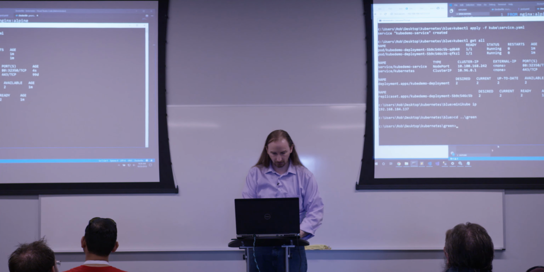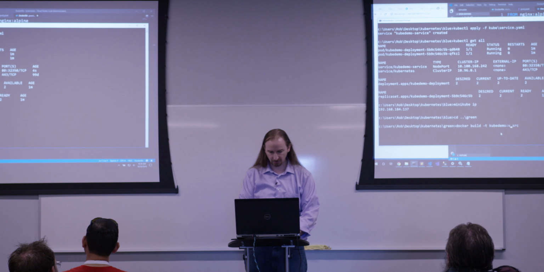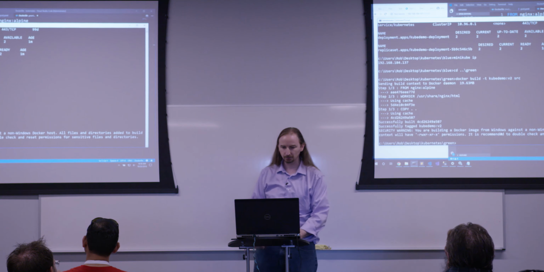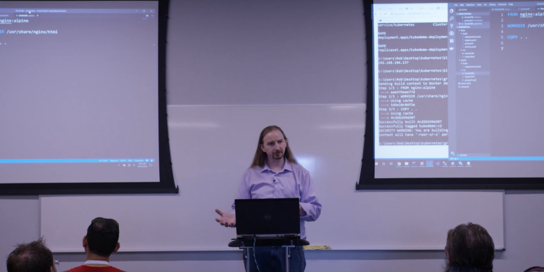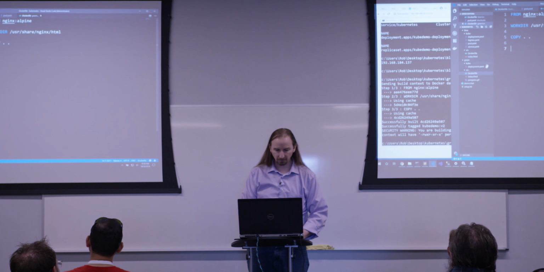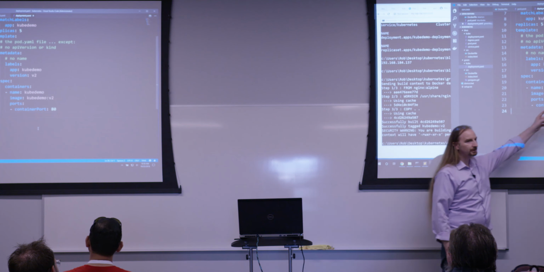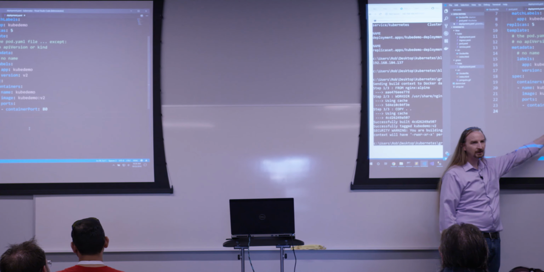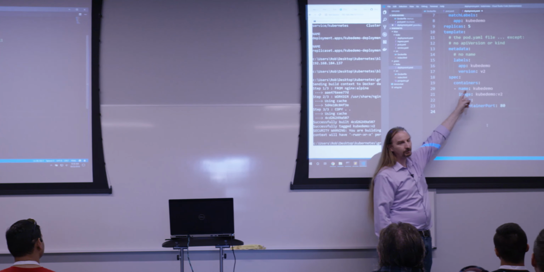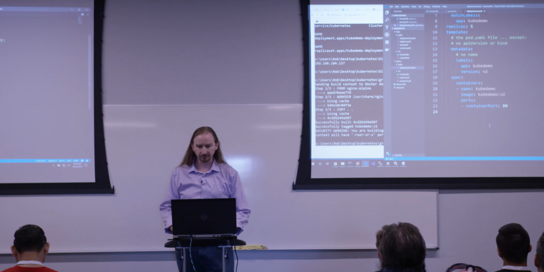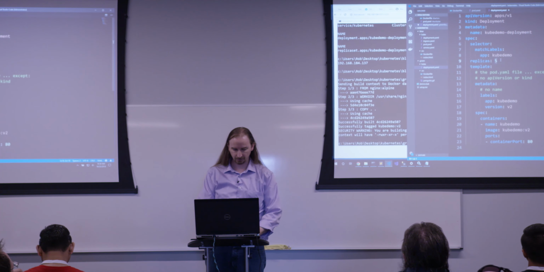And I'm going to say docker build -t kubedemo v2. And so I've built that second container, this new version of the container v2. I'm not going to change my service at all. We're not using the pod file, but I will change my deployment slightly. Here I'm saying I would like to pull the kubedemo v2 image, and I would like to set another attribute, this version v2, into each pod. Those are the only two things that I changed in here. Oh, I guess I also changed the number of replicas to 5.